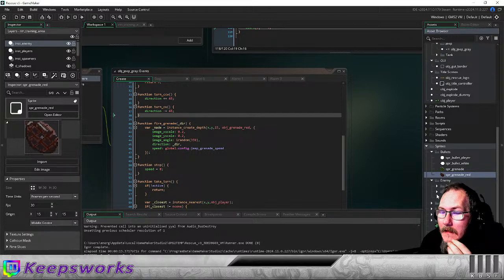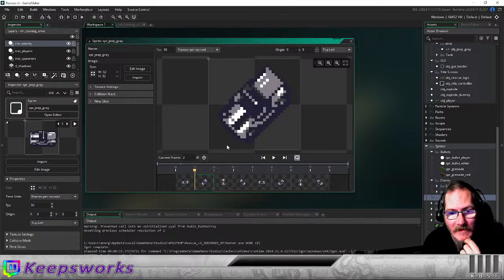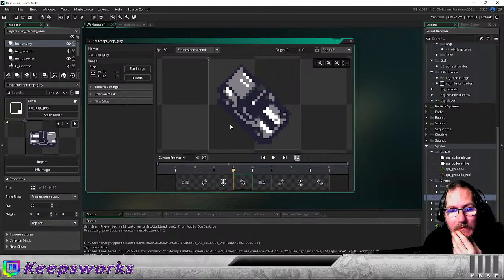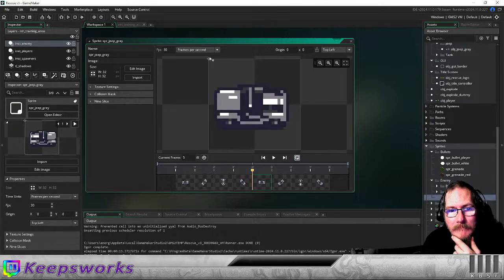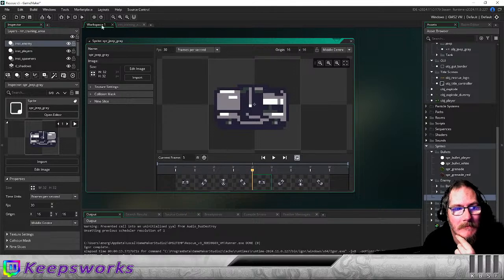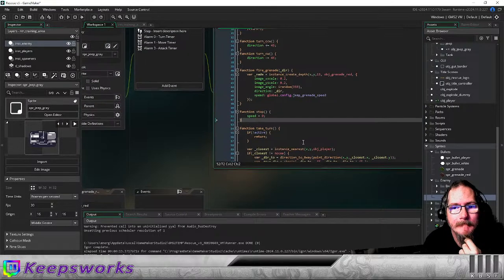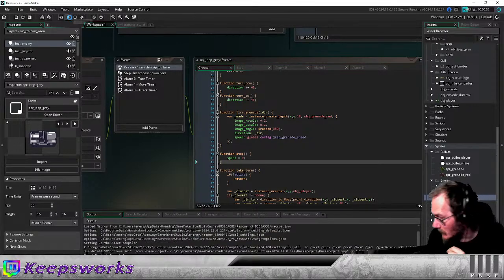So if we go to enemy Jeep gray, there it is. The origin point's up here. The origin point is XY local 0 of the sprite. So when I'm calling to generate the grenade, it's generating right there at XY 0. So we're going to move the origin point to the middle center. Close this. Now when I run it,